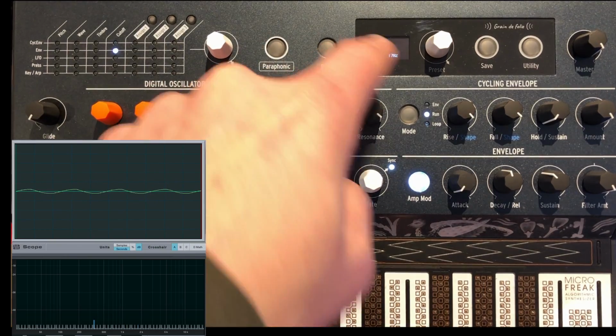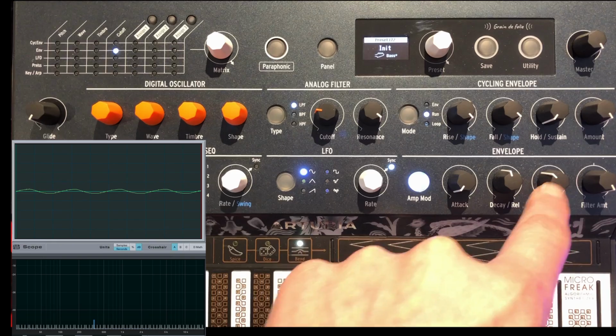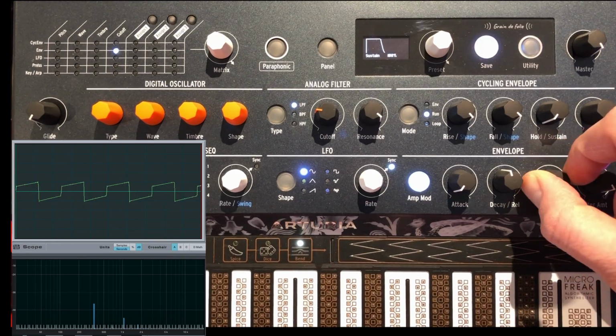hear the filter does that movement. It opens up, comes down to the sustain value. If I bring the sustain up,